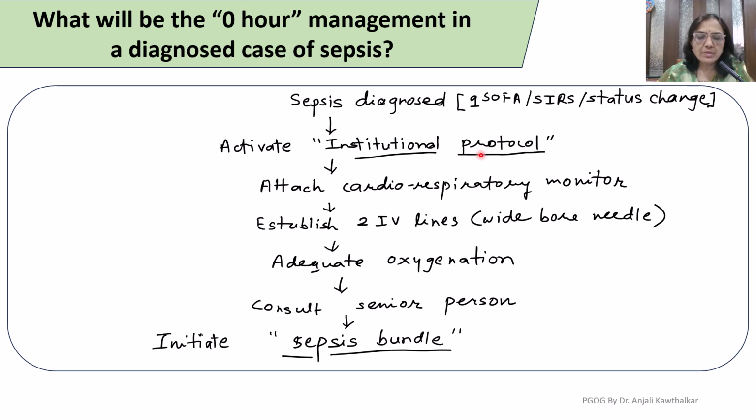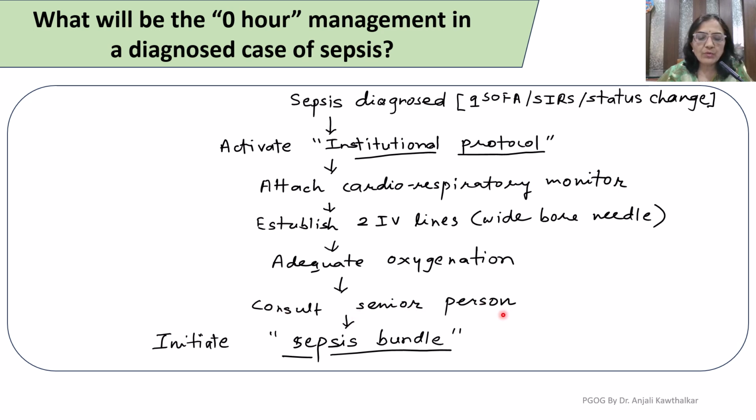It has been proven by studies that having a protocol and following it rigidly improves the prognosis and reduces the mortality because of maternal sepsis. First, we have to attach a cardiorespiratory monitor after hospitalizing the patient as a case of maternal sepsis. We need to establish two IV lines with wide bore needles. Adequate oxygenation is to be ensured, and if needed we start oxygen supplementation,